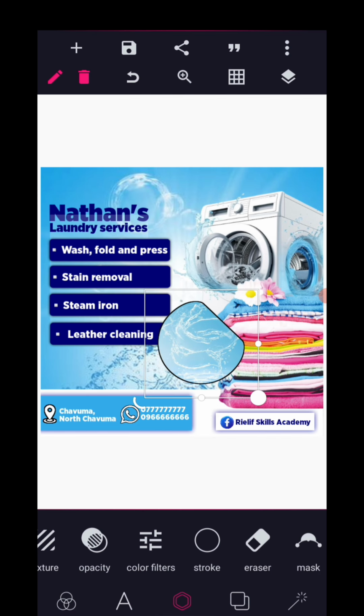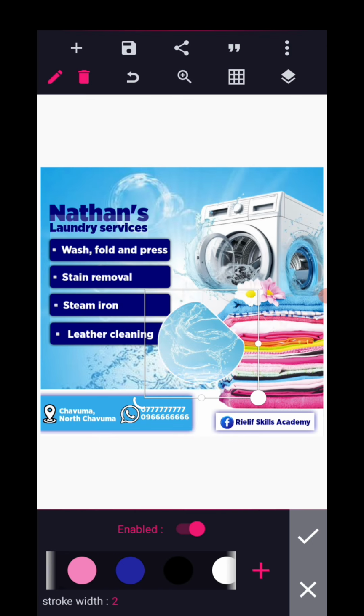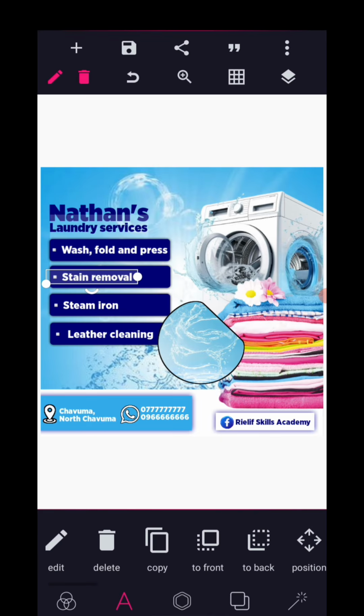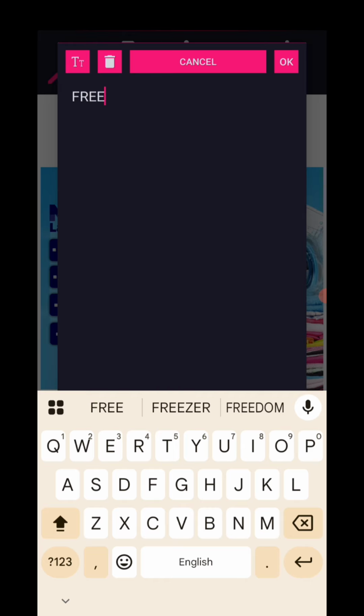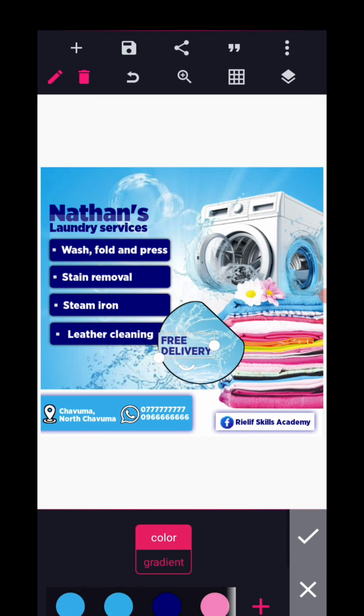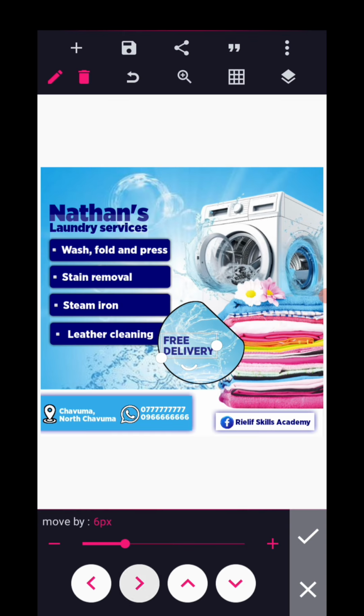So we'll put it there, or if you want you can change the color, the stroke volume to blue, but we'll use black like that. So that will be there. Then we'll copy one of these like that, then we'll bring it there, and then we're going to write free, then delivery like this. So we change the color, we're going to use blue like that. Then you can see that when we try to position it like this, it's not